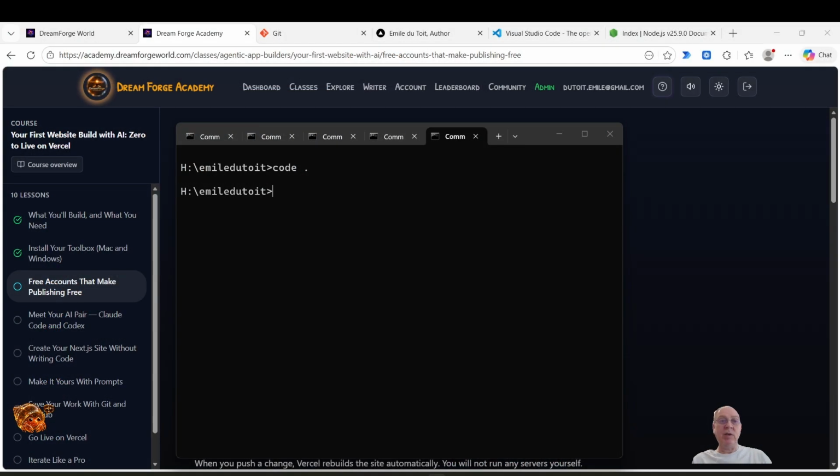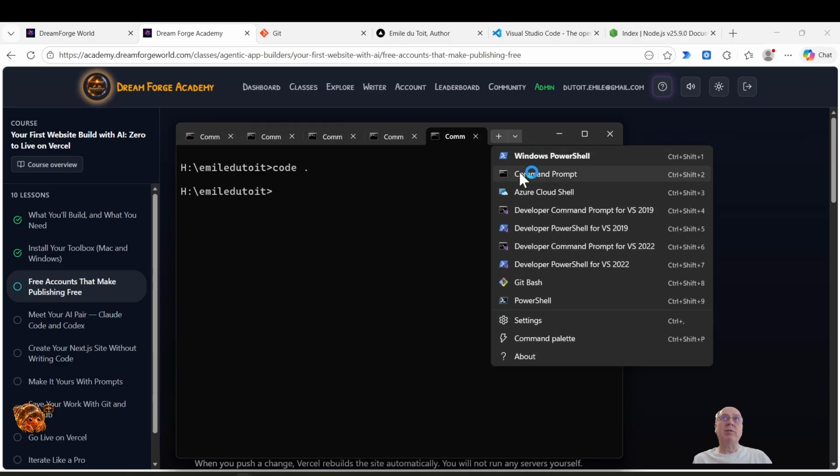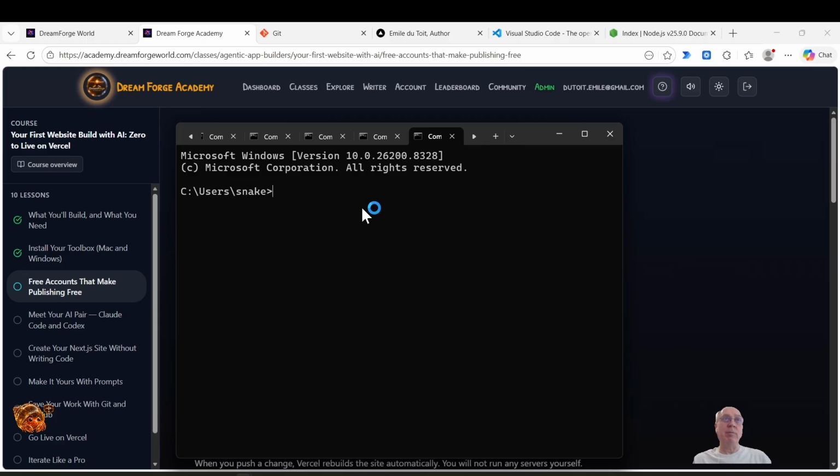And if you want to see what my personal site looks like on localhost, you can open another terminal like this, PowerShell or terminal. Change to my H drive again. Then I will run npm run dev.